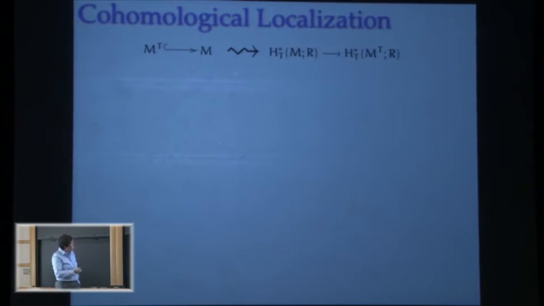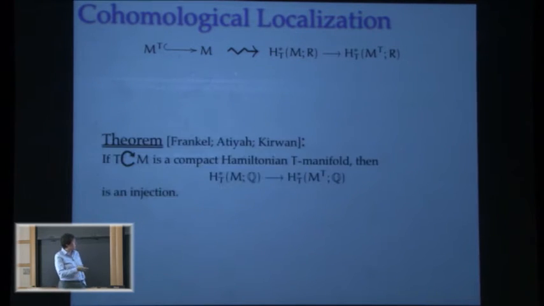Okay, so we have the fixed points including into the manifold. That tells us that we get a map going the other way in equivariant cohomology. And the first thing we'd like to do maybe is understand that. And already in the work of Frenkel, it was apparent, but this was, again, in the presence of a complex structure. More generally, Atiyah and Kirwan showed that if you have a Hamiltonian action, then this map in cohomology is